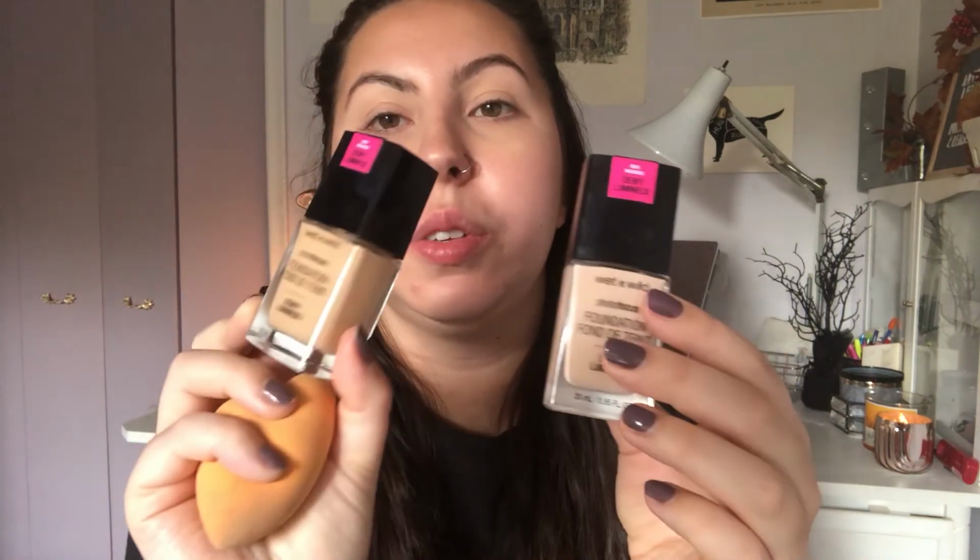So I'm going to be mixing two shades together just because I'm kind of in between the two. We have the shade Nude Ivory as a lighter one, and Buff Bisque as a darker one. This has a spatula. I was gonna say spatula, which